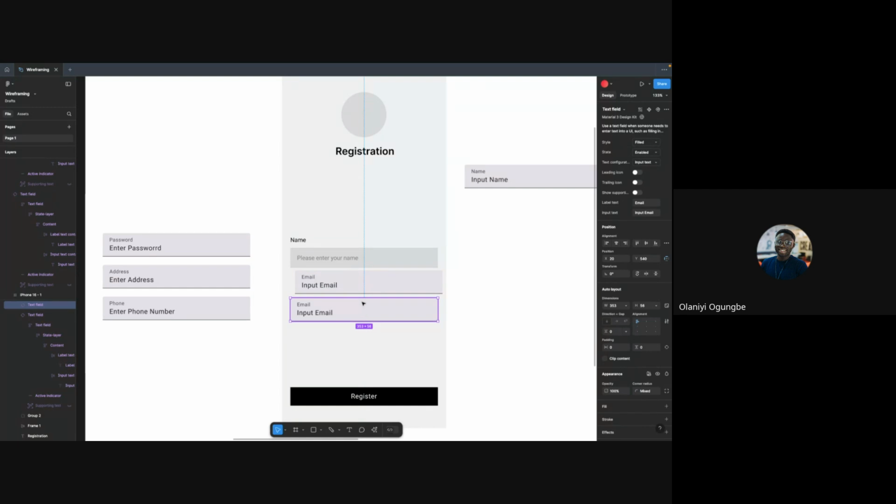So a layout grid helps you align your elements. It will give you a visual way to align things easily. Do you get me, Precious? Yes. So if you want to take it out, what do you do when you are done designing?